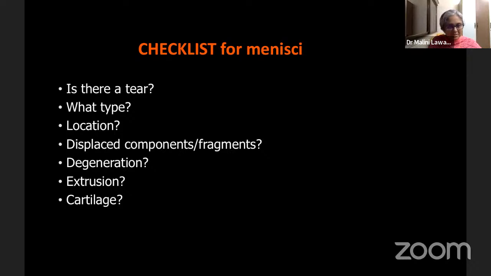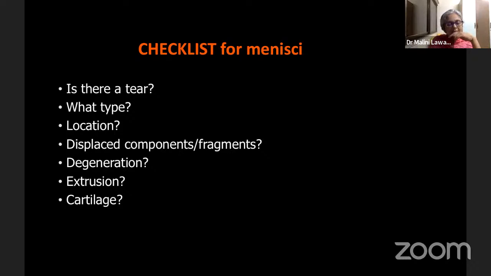But if the meniscus looks good, there is not much of extrusion and the cartilage is maintained, then yes, root repair is possible. So always this is a checklist we need to keep in mind while reporting a meniscus so that we know that all these findings have been looked at. So that is about